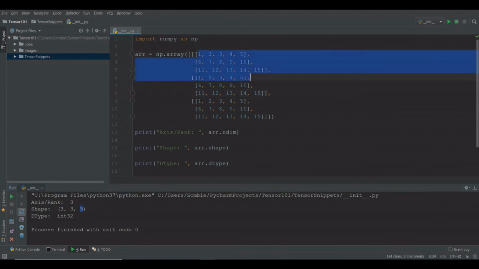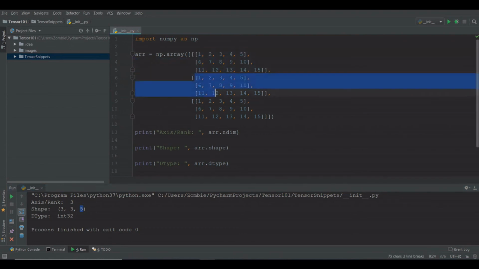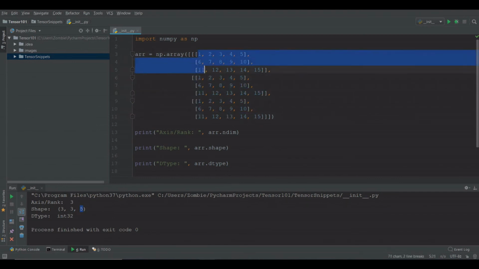So first axis represent the stack of matrices, second is the rows of matrix, and third is column of matrix. If we again wrap this into another array, we will get a 4D tensor and so on.